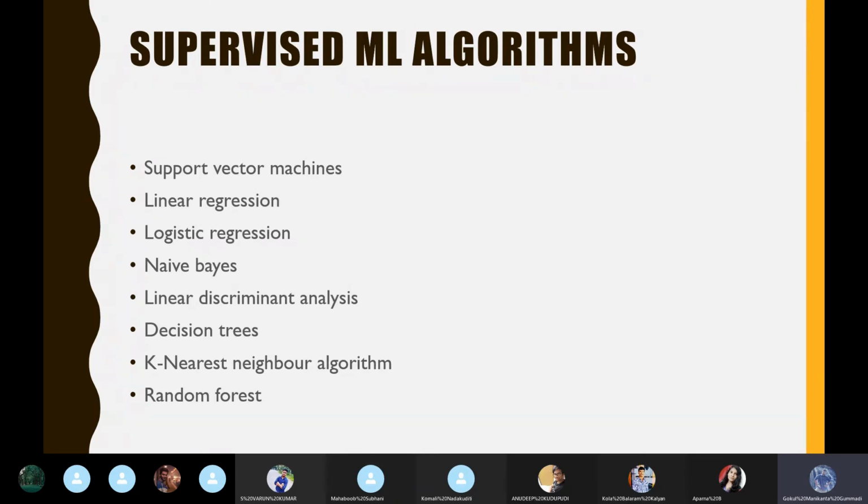In support vector machines, we are creating vectors. If you know the concept of vectors, if you know the x and y coordinate system, and we draw some line, this is called y, this is called x.